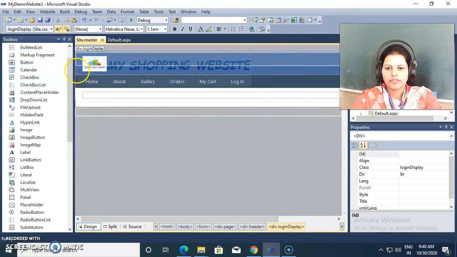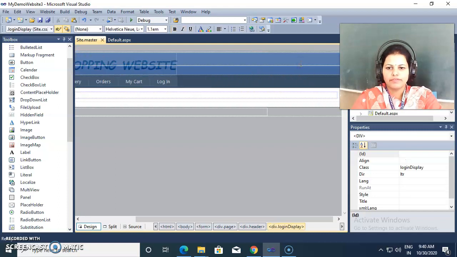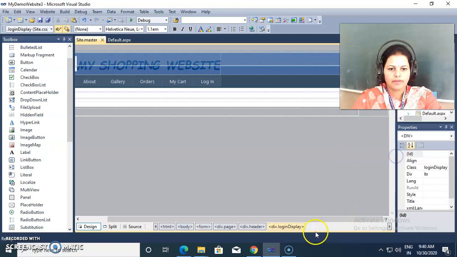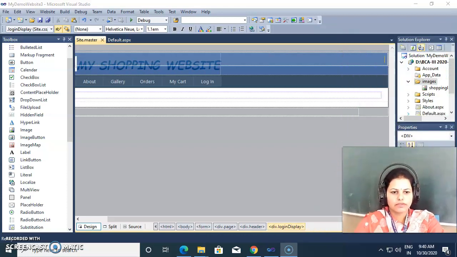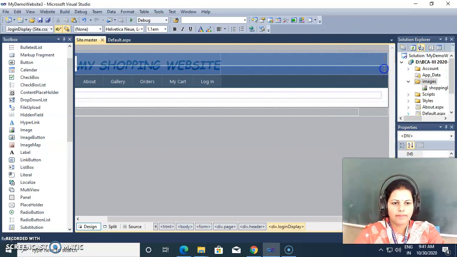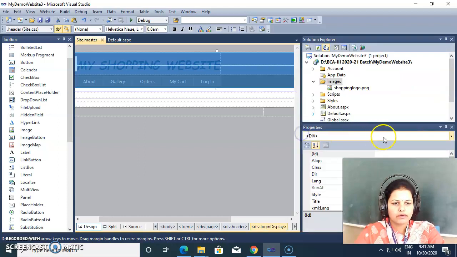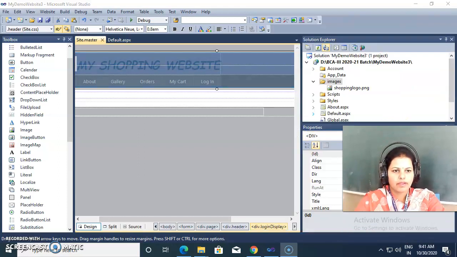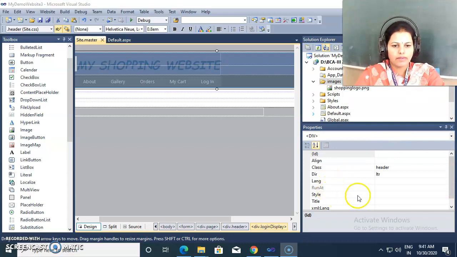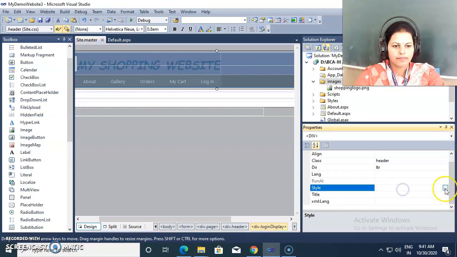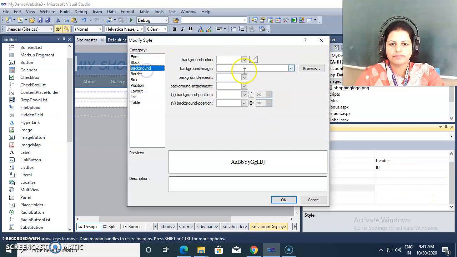Select the entire division here. Select the proper division. This is the division now. I'm selecting this division and giving the style, changing the background color here.